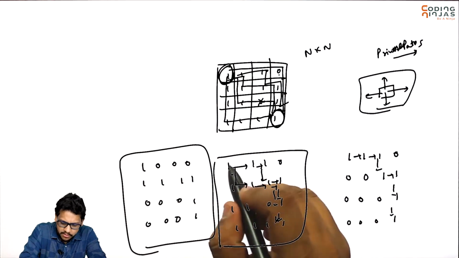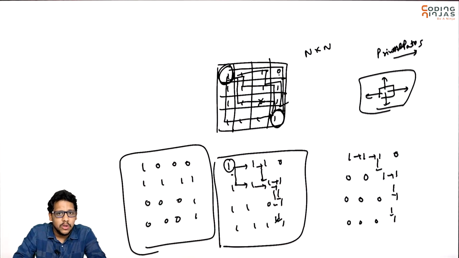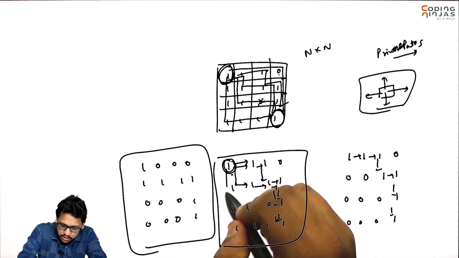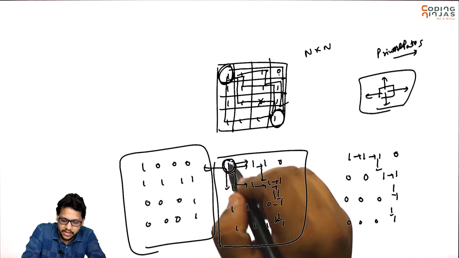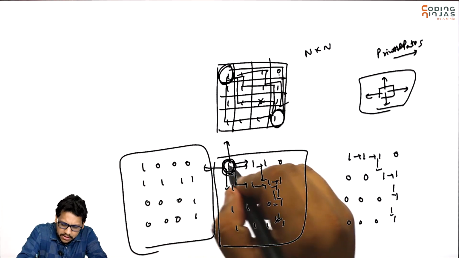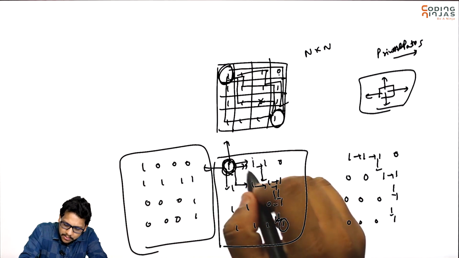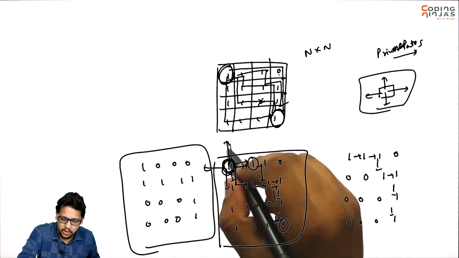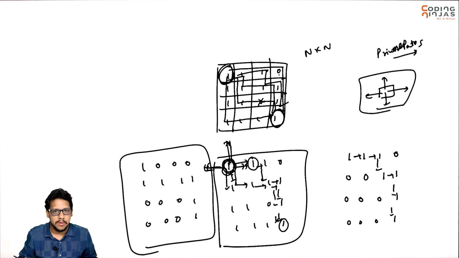Now from every direction, let's explore all the paths from right here, let's explore all the paths from down here, let's explore all the paths from left here, let's explore all the paths from up here. For printing all the paths from here to here, I need to call on this and it will print the further path. Let me call on this, it will print the further path. Let me call above, let me call left, print all the paths.